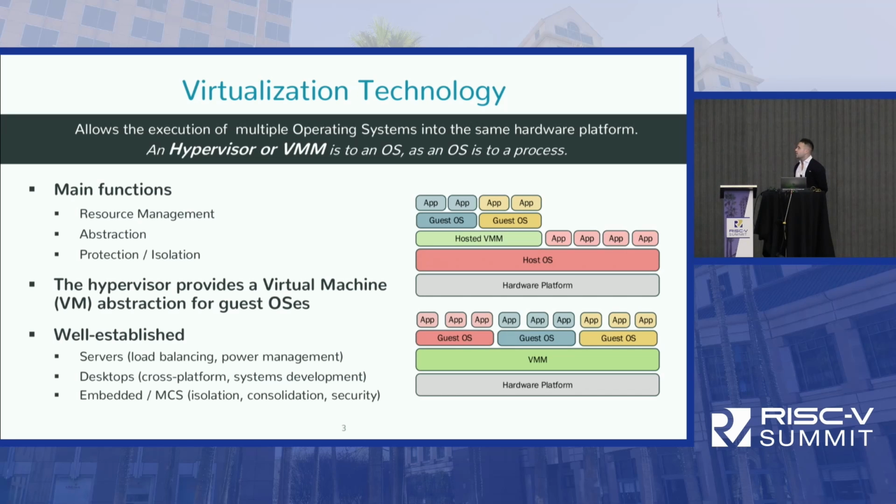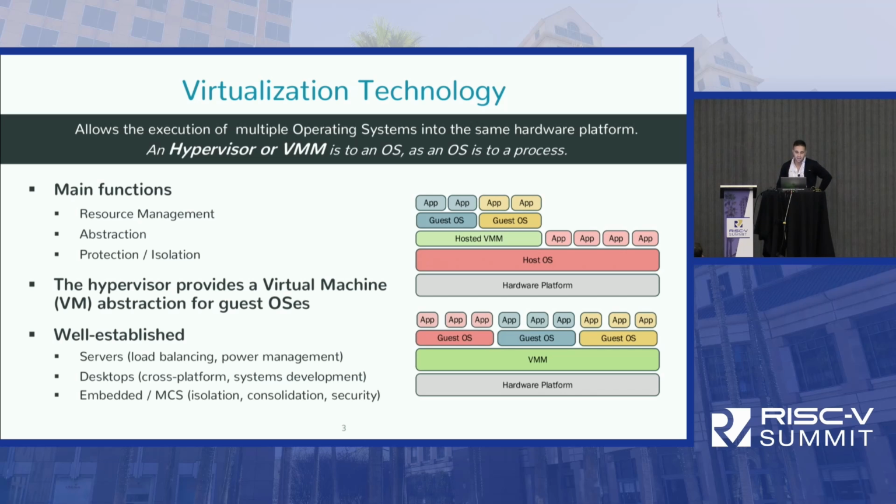Virtualization technology is quite well established in different market segments and has a broad range. It starts in servers and clouds for load balancing and power management. We run hypervisors also on desktops when, for example, we want to develop for a different target OS atop our machine, or in embedded or mixed criticality systems, where it is also widely used for isolation, consolidation, and security. And here on my right, we have 2 figures that more or less